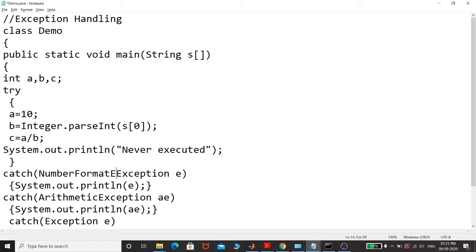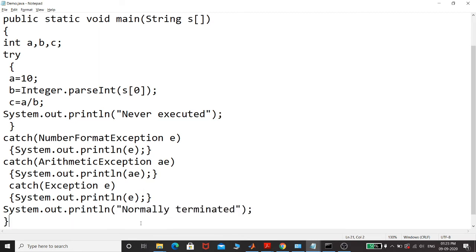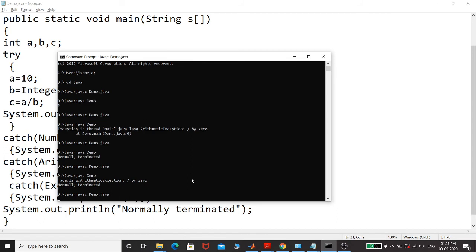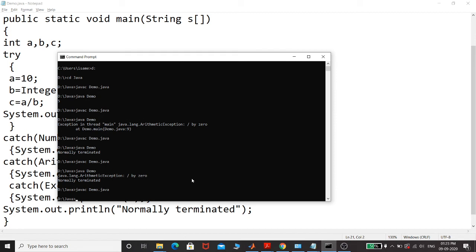Now what will our system do? Our system will create an object of the error which has been raised, and then throw it. As soon as it finds a match in any of these catch statements, it will execute that particular catch statement. So in this program I have three types of exceptions. Let us save this program and run it. First of all, I need to compile this program, and then I'll check whether my program is working fine or not.